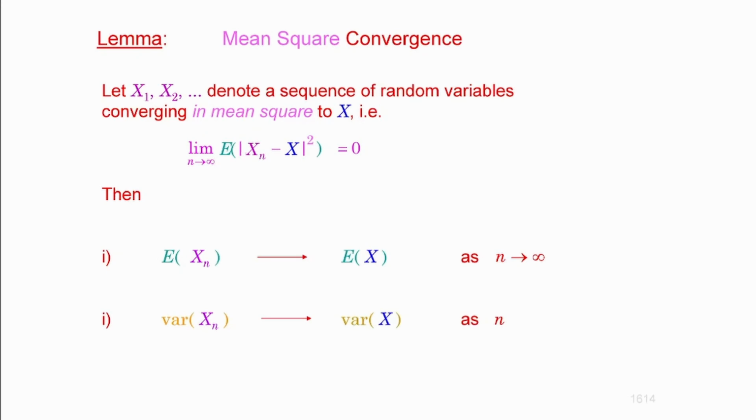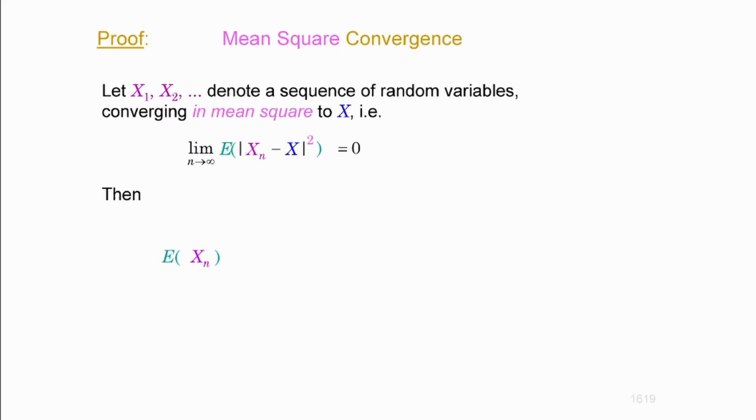So both the expectations and the variance converge, and that's why mean square convergence is so common, because that makes sure that the variance, if the limit is finite, is going to be finite as well. That's why it's so common, by the way, because that basically guarantees both. Now I'm going to show that too. It's not going to be long.